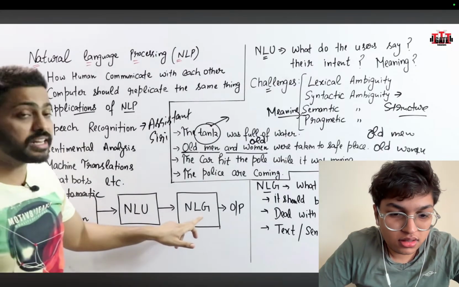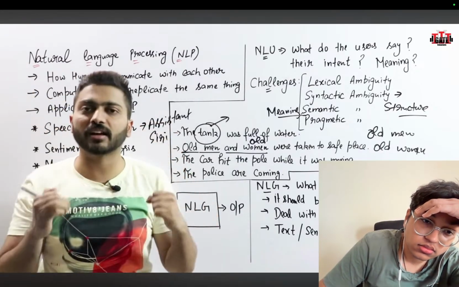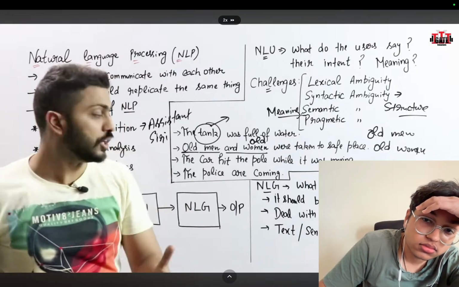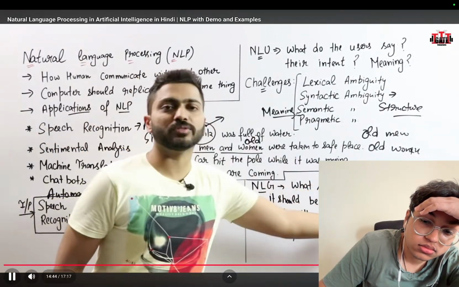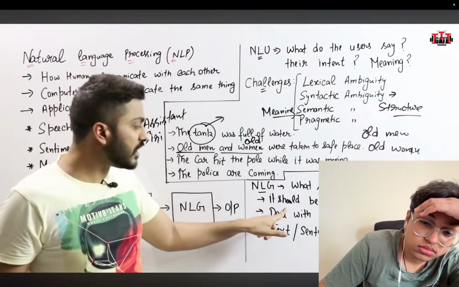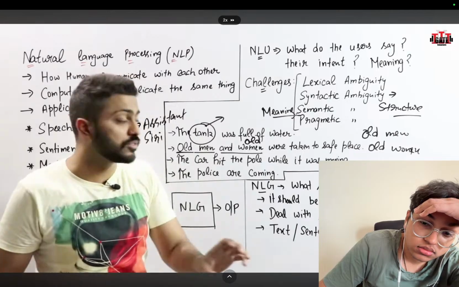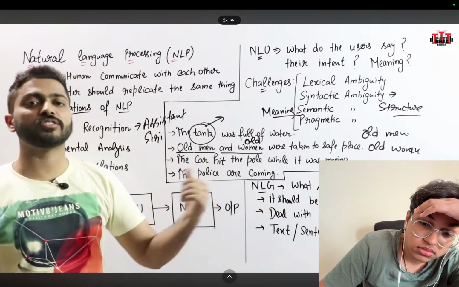देन हमारे पास एनएलयू के बाद नेक्स्ट फेज आता है एनएलजी, दैट इज नेचुरल लैंग्वेज जनरेशन। जब हमारे पास सारी अंडरस्टैंडिंग हो गई, जैसे हमारे माइंड ने सारी अंडरस्टैंडिंग कर ली, अब हमें क्या करना है? अब हमें रिप्लाई करना है। तो रिप्लाई जो है, व्हाट शुड वी से टू द यूजर, तो यहां पे एनएलजी के ऊपर हम काम करते हैं कि अब यूजर को क्या रिप्लाई करना है, क्योंकि जो भी रिप्लाई करना है इट शुड बी इंटेलिजेंट एंड कन्वर्सेशनल, मतलब जो आप रिप्लाई कर रहे हो वो इंटेलिजेंट और कन्वर्सेशनल होना चाहिए। जो यूजर ने पूछा है उसी के बेसिस पे आपका रिप्लाई होना चाहिए।